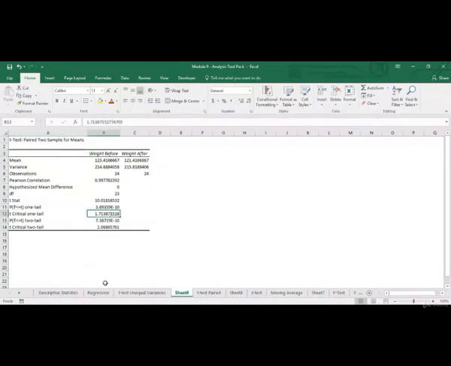Now comparing T statistics with T critical, T statistics is greater, and hence we reject null hypothesis and conclude that the difference between weight before and after is not due to chance.